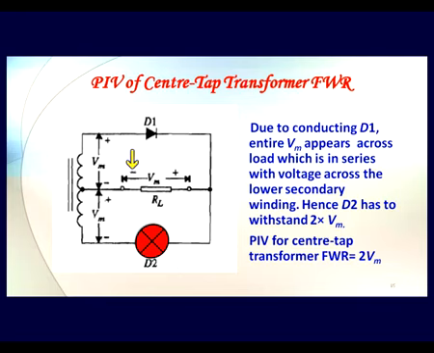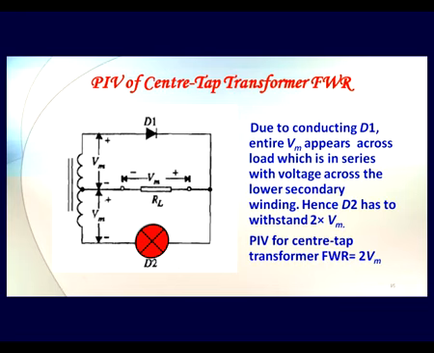We get positive here and negative here of the input, and at a certain point when peak voltage is there, this Vm is appearing across it. Now at the same time, in the lower half of our secondary, we have got negative voltage here and positive voltage here. Okay, so what is happening? We have Vm in this direction, positive here, and in series with that, across the load again we have Vm. So these two Vms are adding up, which are coming parallel to our D2.